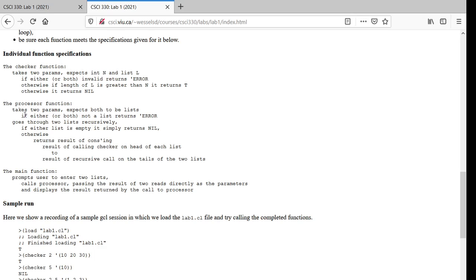So this is, if you like, the error checking for the function, the base case for our recursive function, the point where the recursion stops, and then the general case. So our final else, if you like, or our T if we're using a cond, our final case is saying, okay, well, I'm going to do a cons. I'm going to call checker on the head of both lists. So remember, checker is expecting two parameters. So I'm going to get the car of the first list and the car of the second list and pass those to checker. And whatever checker gives back is what is going to be the front element of this list